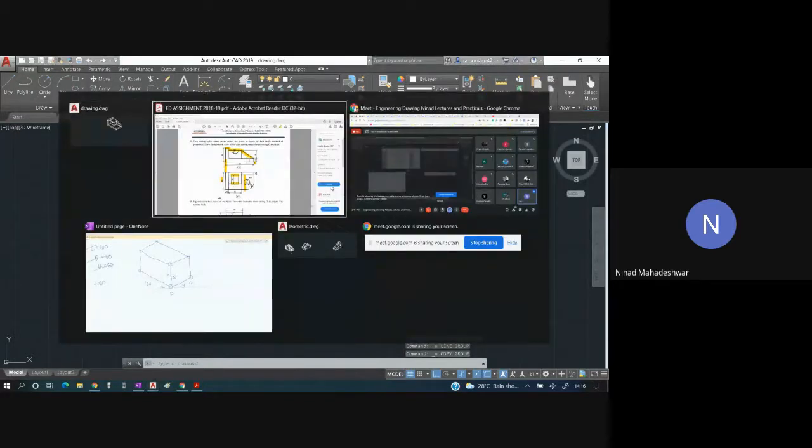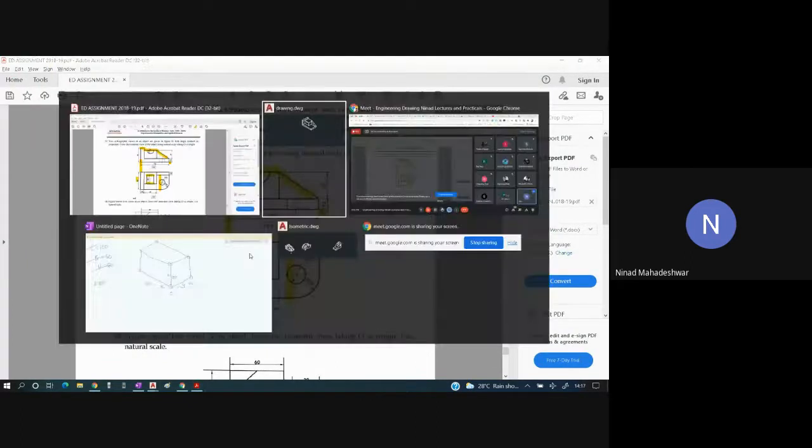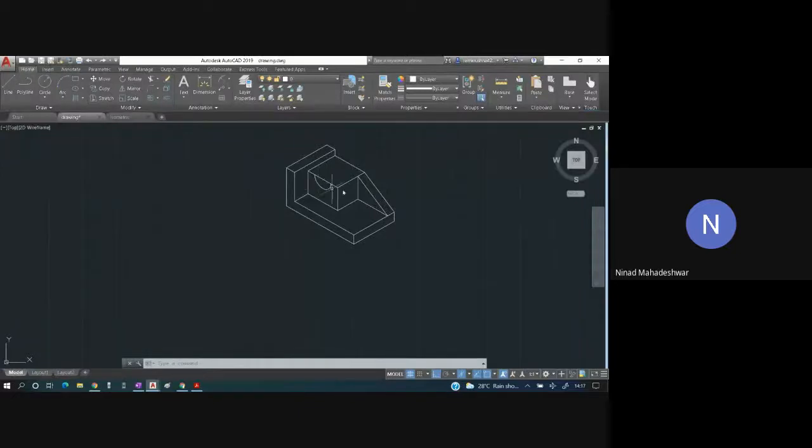Again, what we have done over here: this entire semicircle starts from this end and ends 30 mm inside. So the starting point is given to you, the end point we have to project. For that, we are going to put this inside by how many mm? 30 mm, and we are going to join those lines over there.